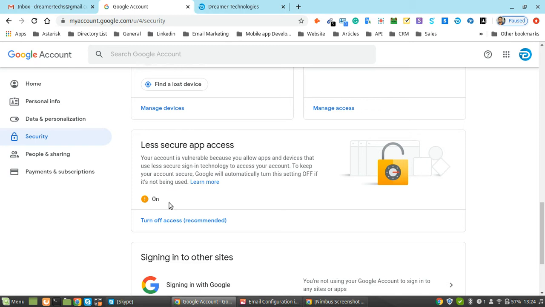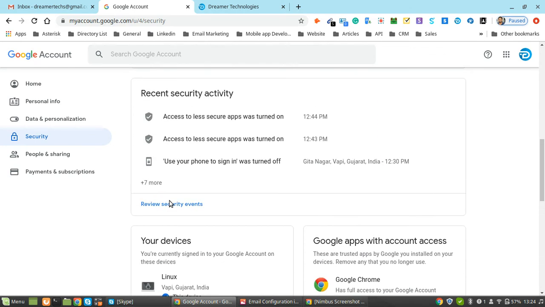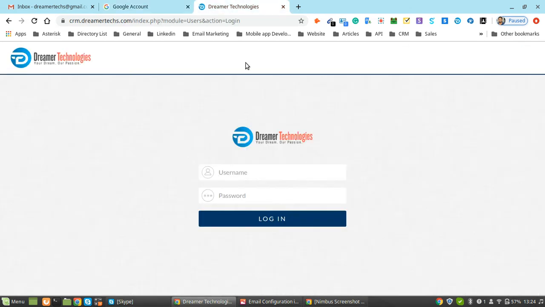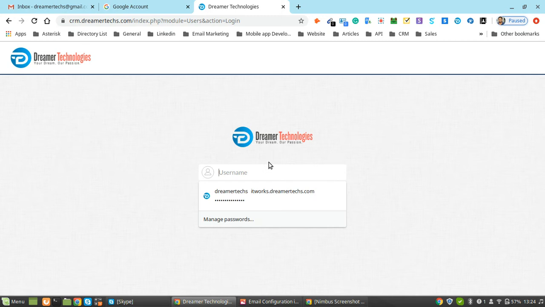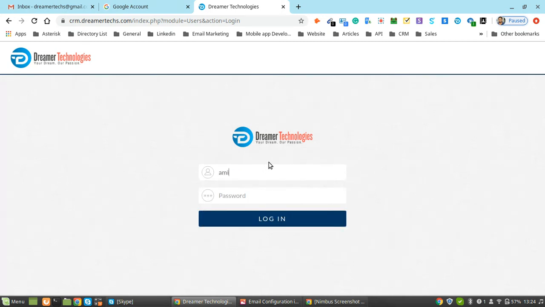After doing this, you just have to go to your CRM, log in through your user ID, that is Amit, and put your password.